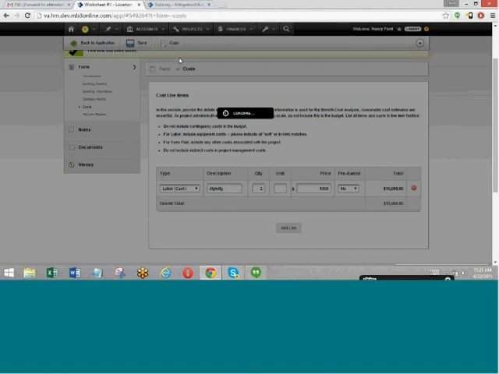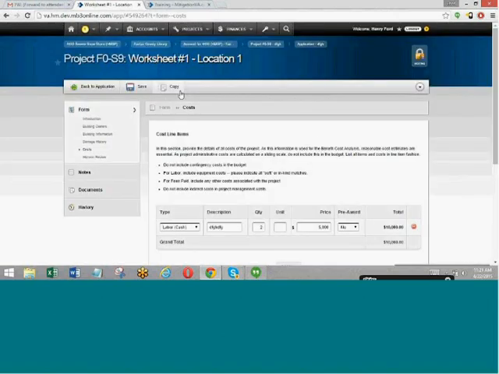You can also use a copy function. If you have multiple properties or locations that have very much the same information, maybe it's just the address that's different, you can use the copy function. It will copy all the data over, and you just change whatever data is different on that specific location, maybe the title or the address.